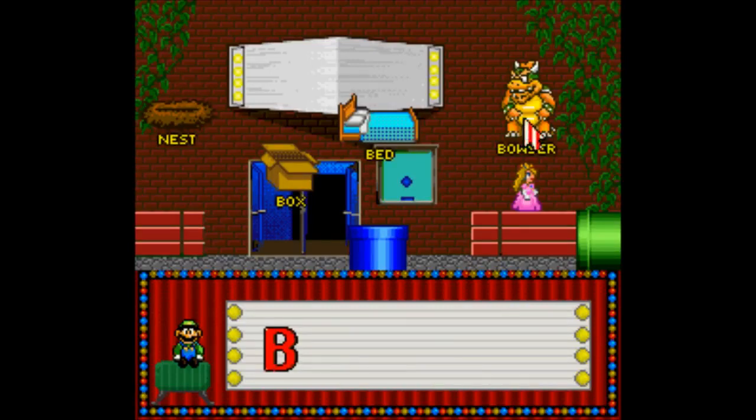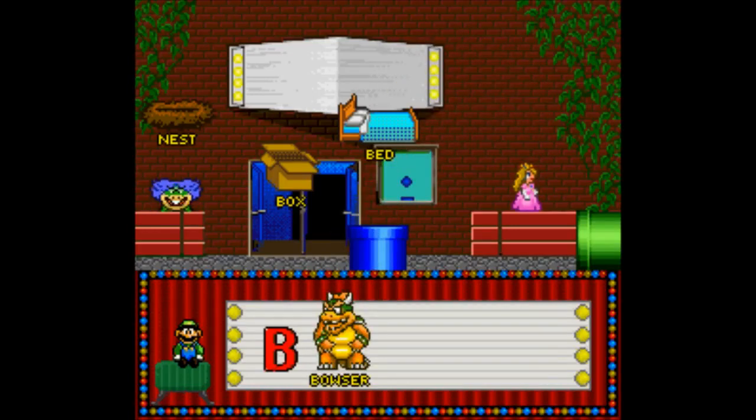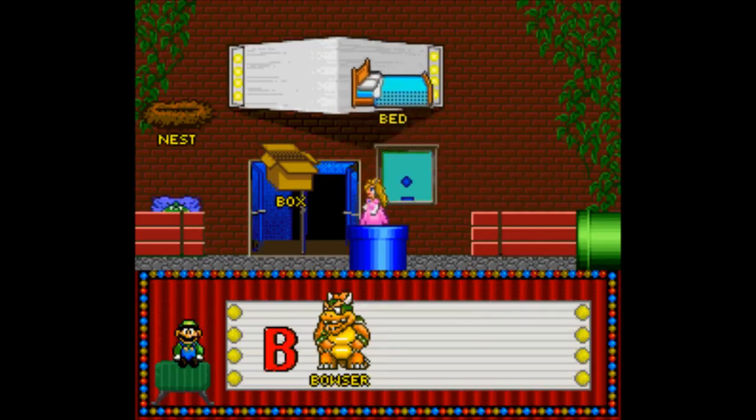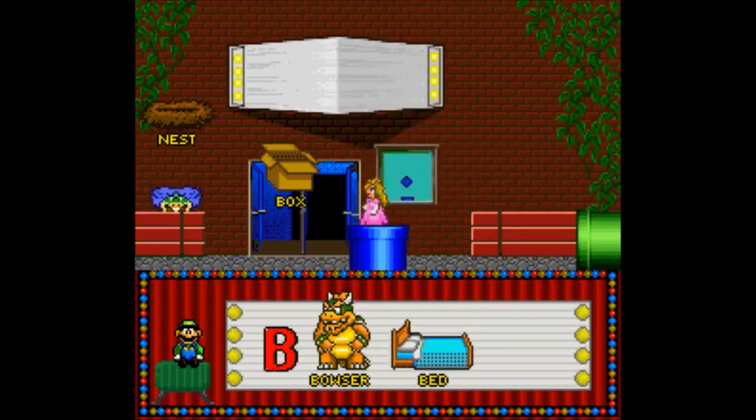Find a word that starts with the letter B. You found it. You picked Bowser that starts with B. Bowser. Find a word that starts with the letter B. That works for me.